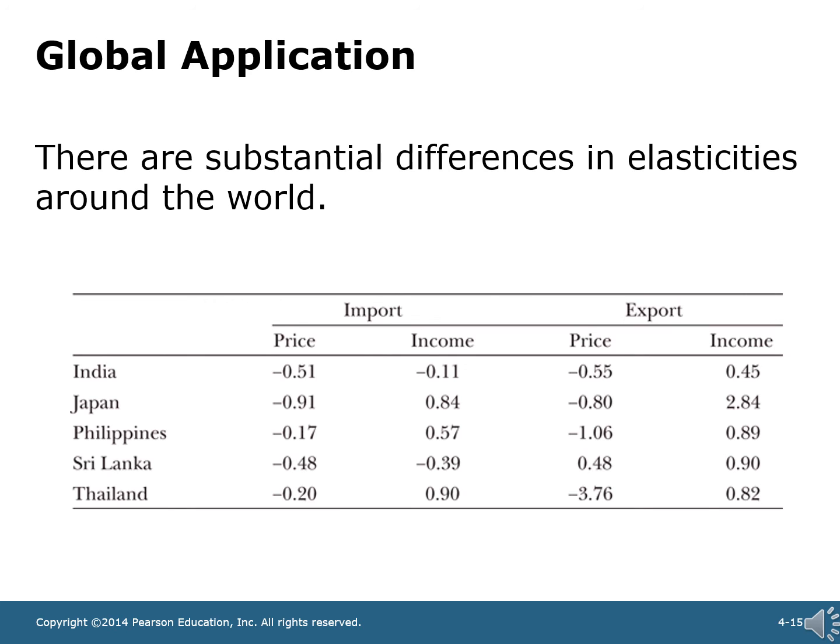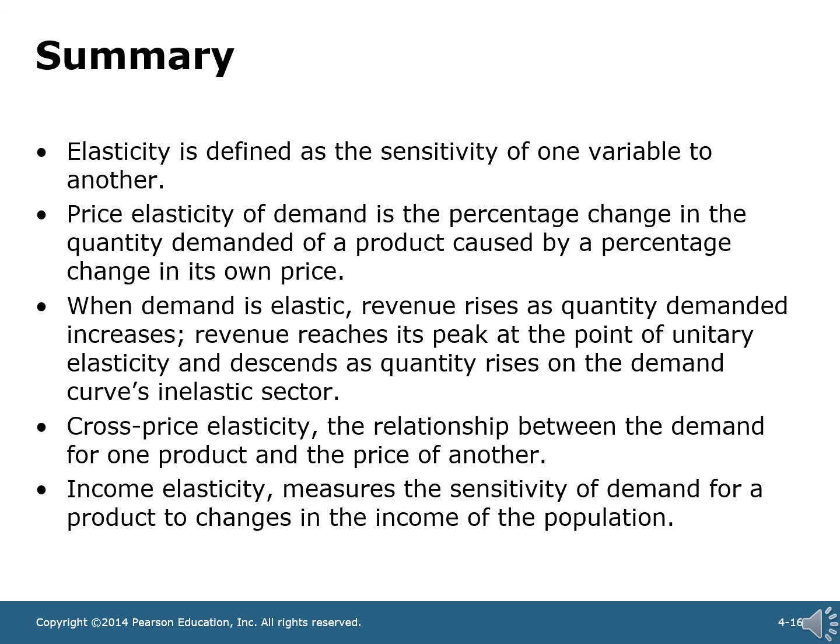So there's pretty substantial differences between India, Japan, the Philippines, Sri Lanka, and Thailand. So because of that, the same product or the same basket of products can have a completely different price elasticity of demand or income elasticity of demand based on what's going on in those countries. So because there's different markets, we're talking about different groups of consumers, we can end up with different price elasticities of demand. So to summarize the chapter,